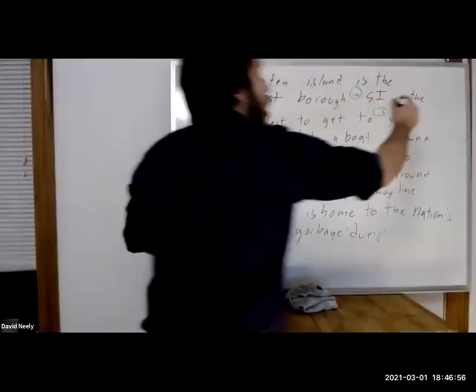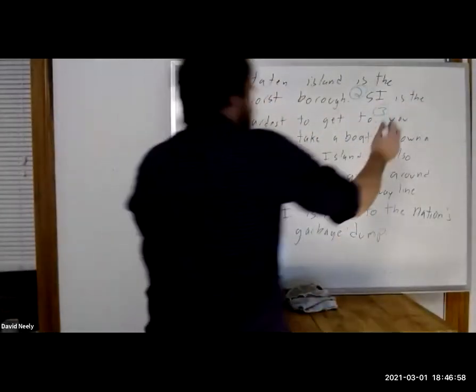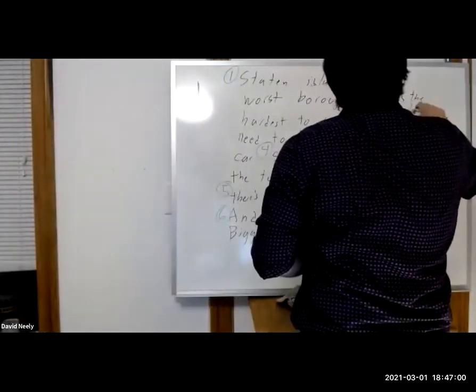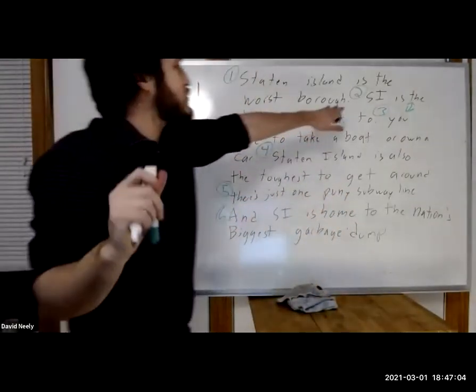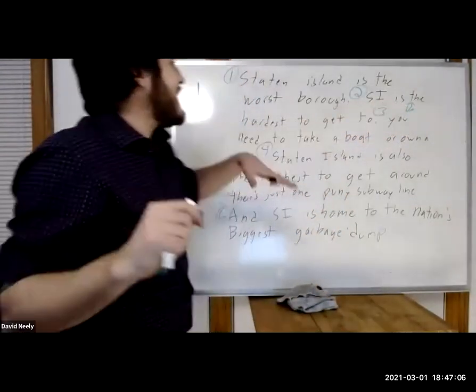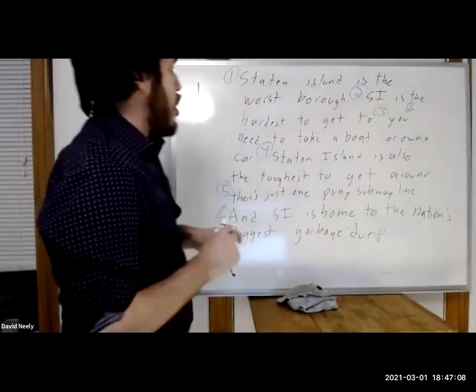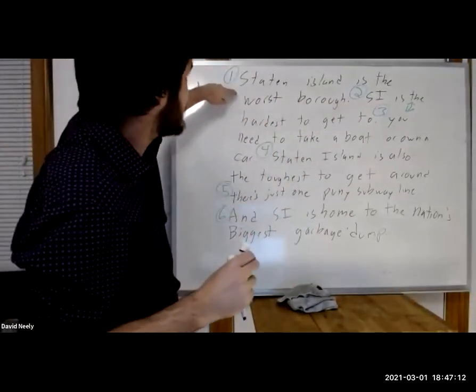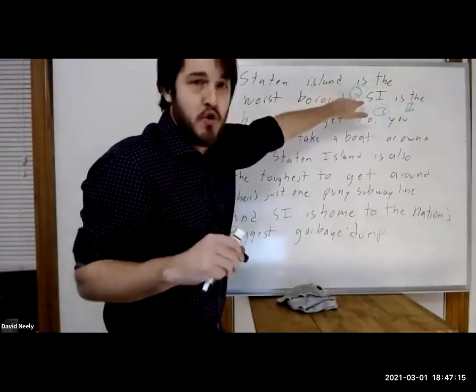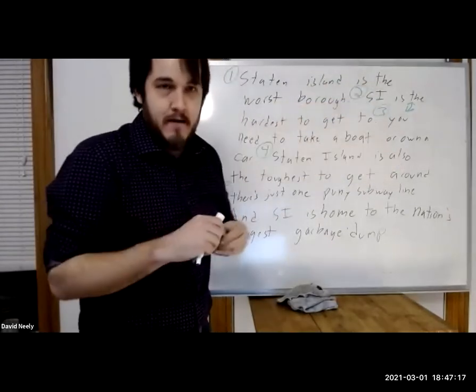So 2 and 3 are, what Mike's picking up on is these two are somehow linked. 2 and 3 are somehow linked. Now the question is, what is the relationship between them? Is it that 2 and 3 are combining to prove 1 in the way that modus ponens is? Or is 3 evidence for 2, or is 2 evidence for 3? I think it's serial. Say that again, yeah, Cameron. Serial.